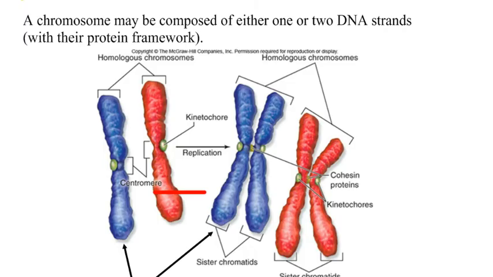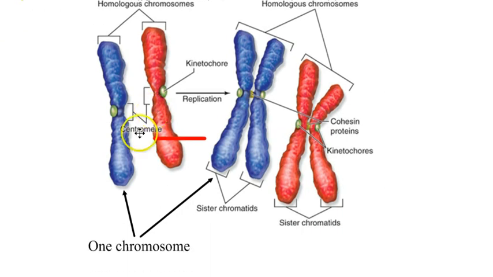Okay, so unfortunately, the term chromosome is a little confusing because it can be composed of either one DNA molecule or 2 DNA molecules together, depending on if the DNA has been copied or not. So again, an illustration here. This would show you one chromosome, and here's the other chromosome. This is one, and this is its homologous pair. In other words, we said the blue one might have come from the dad, the red one might have come from the mom. In the process of cell division, of course, we have to duplicate those,